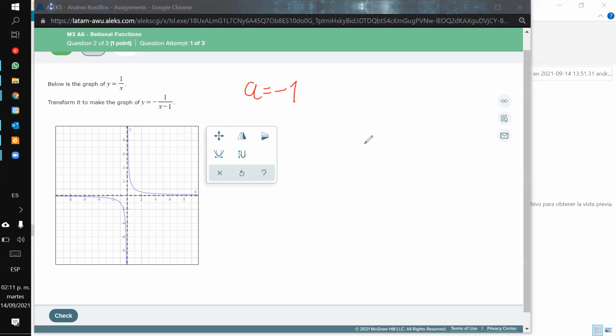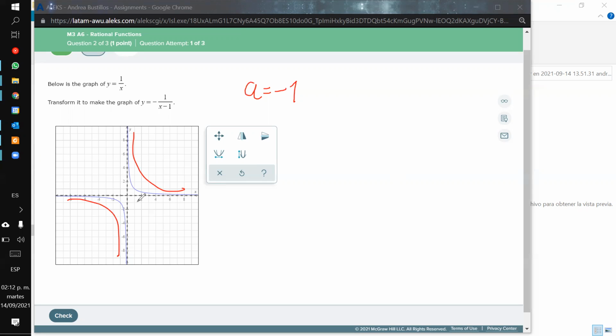So this means that my function, remember that the leading coefficient tells us where this function opens, if it opens upwards or downwards. So my original function looks like this. The leading coefficient being negative means that if a function opens upwards, it's going to open instead downwards. What does this mean? If this is our original function and it moves upwards here and downwards here, multiplying it by -1